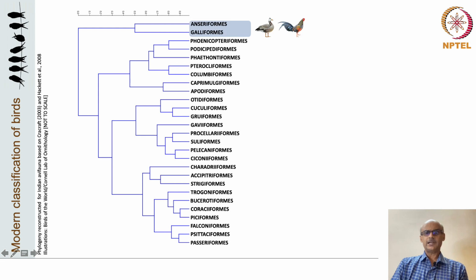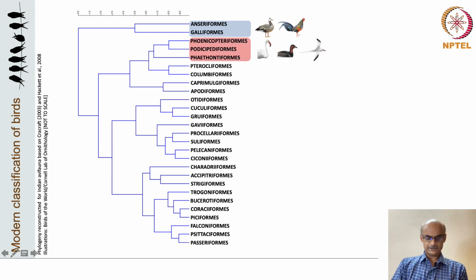So the first clade, comprising Anseriformes and Galliformes, is basal to all the other extant birds. Anseriformes include ducks, geese and swans, a majority of which are winter visitors to India. Galliformes includes what are generally known as game birds, the fowl-like terrestrial birds that include quails, partridges, francolins, spurfowl, pheasants, and also the peafowl, national bird of India.